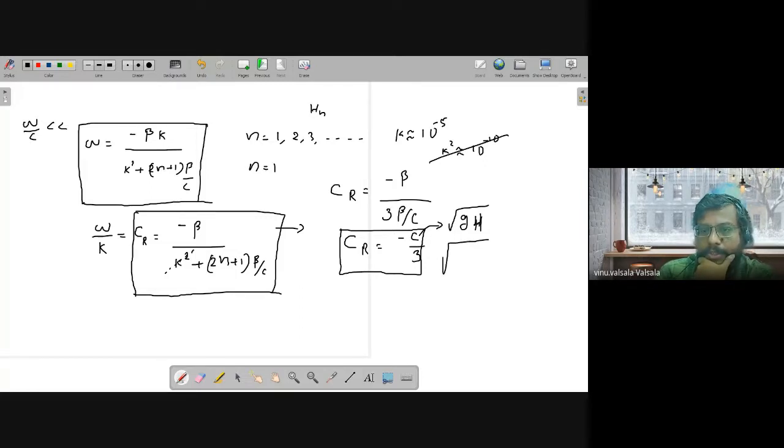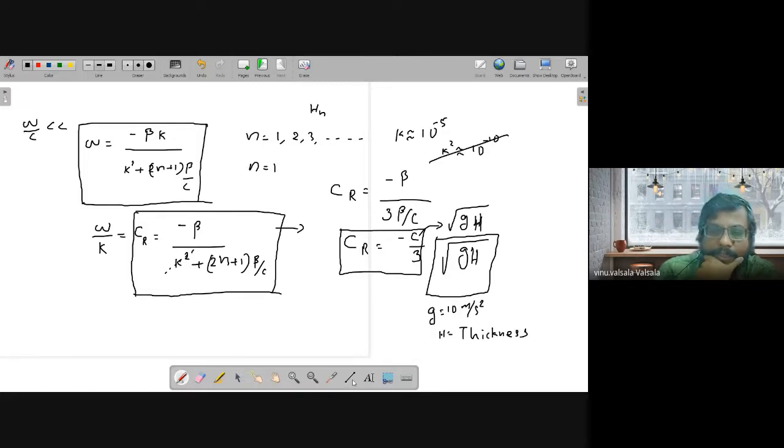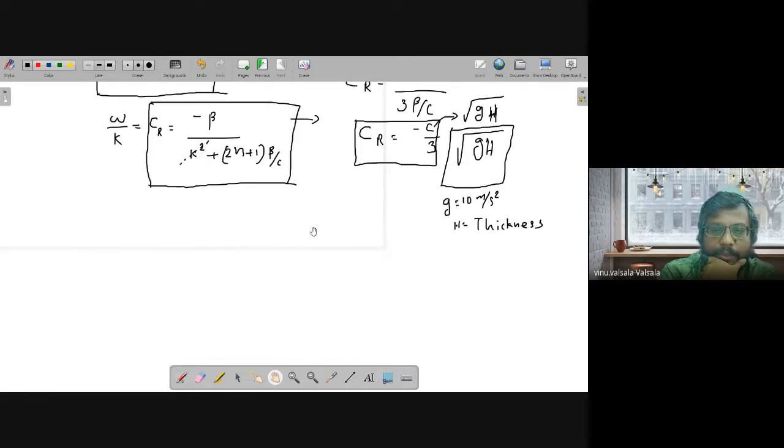The speed of the system can be called the gravest mode. This is the maximum speed a wave can achieve in the system, which has nothing to do with the wave, rather it has to do with the gravity g, which is 10 meter per second square, or 9.8 you would say, and h is the thickness of the fluid. So yesterday we were discussing the ocean of thickness h equal to 4 kilometer or 4,000 meter.